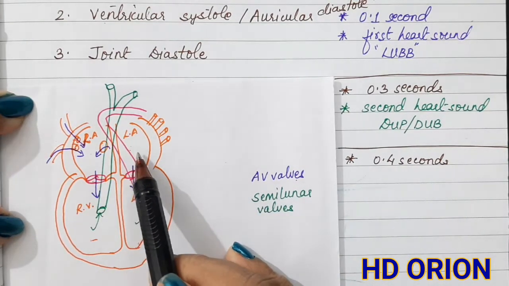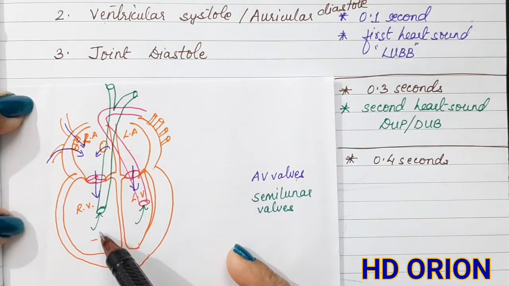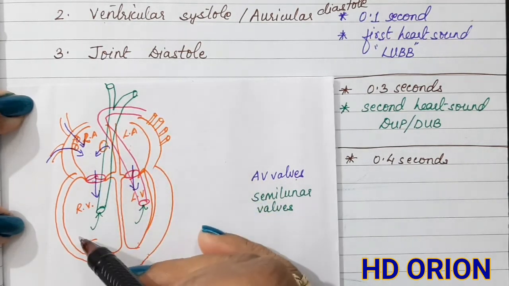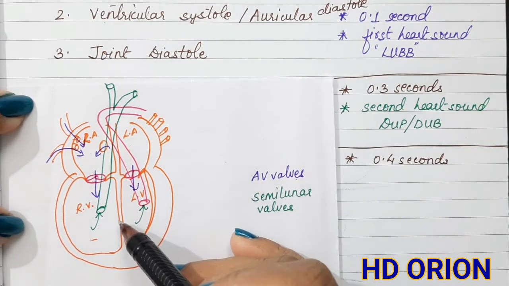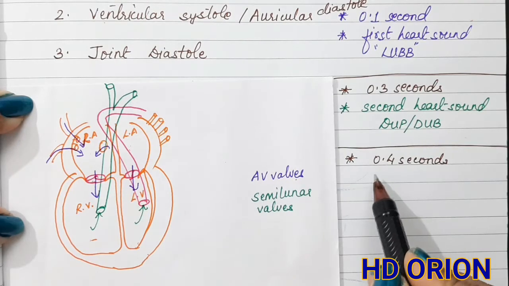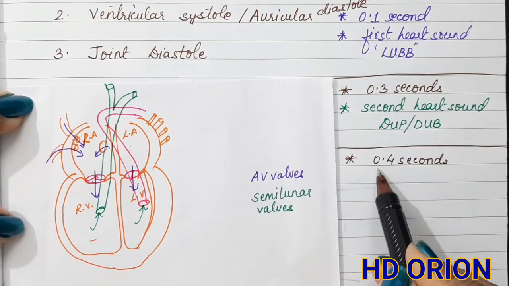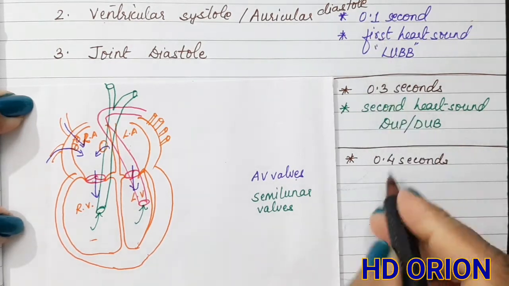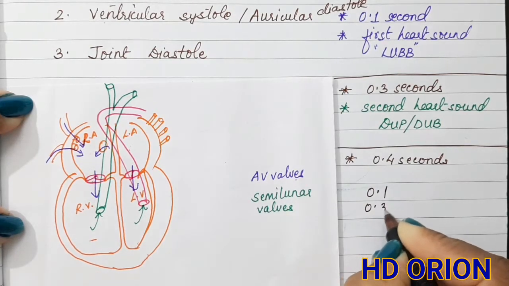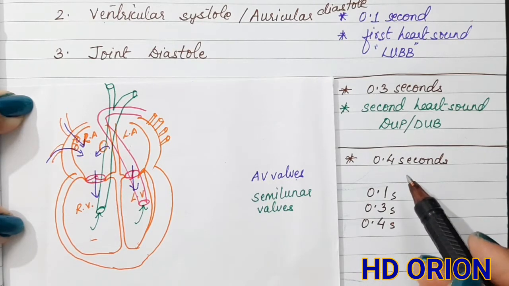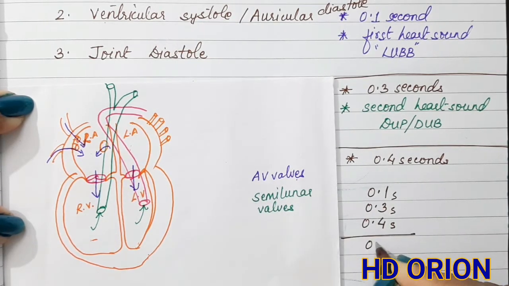Now auricles were already in the relaxed stage, and now even the ventricles are relaxing. While the blood is passing on to the respective destinations, the ventricles also start relaxing, and therefore all the four chambers are at a relaxed condition. This is called as joint diastole, which is for a long duration, that is 0.4 seconds. So if we calculate all the three, that is 0.1, 0.3 and 0.4 seconds that the events of this cardiac cycle took, so it comes out to be 0.8 seconds, which is even less than 1 second.